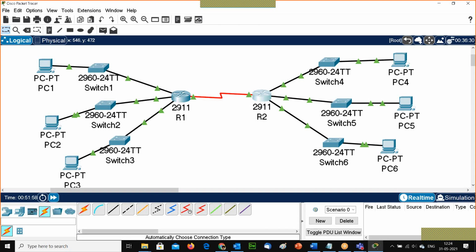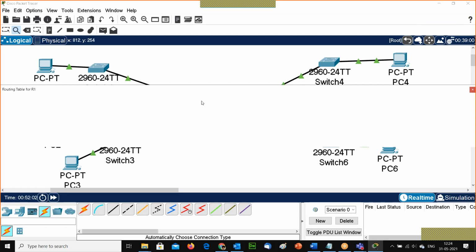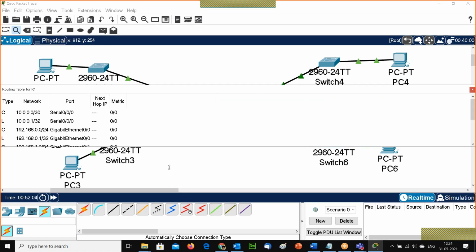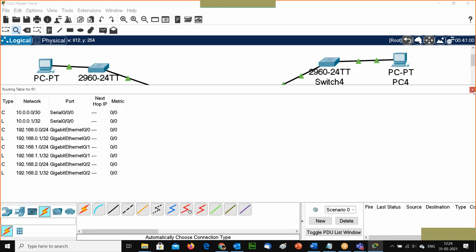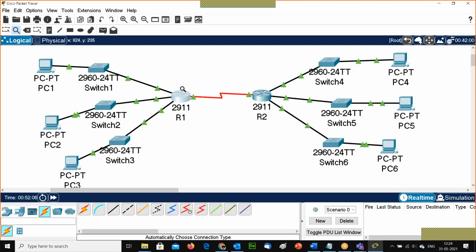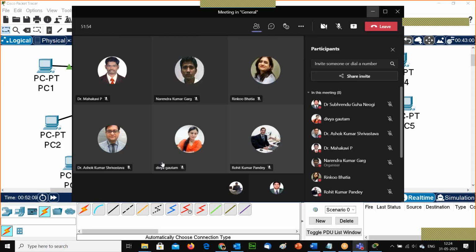So after quick reloading of both the routers, you can see there is no problem with the routing table.